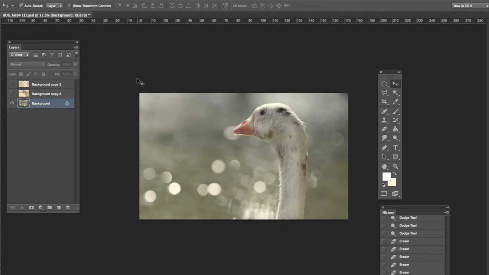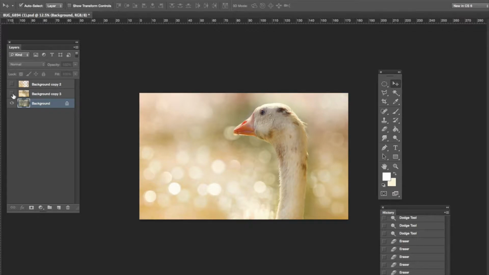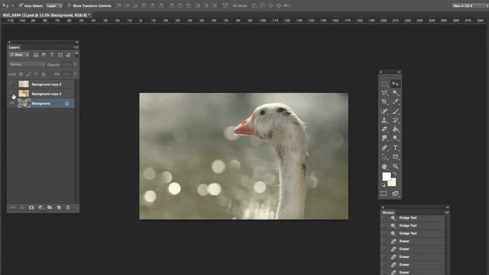So this is Sheil, and I'm going to show you today how to get from this image, which I took, and I like the composition. I like some of the texture in this here duck's head, but goose's head, I guess. But I'm just not happy with the color, so I want to make it look a bit better. So I'm going to take it from that to that in this video, show you how to do it, and